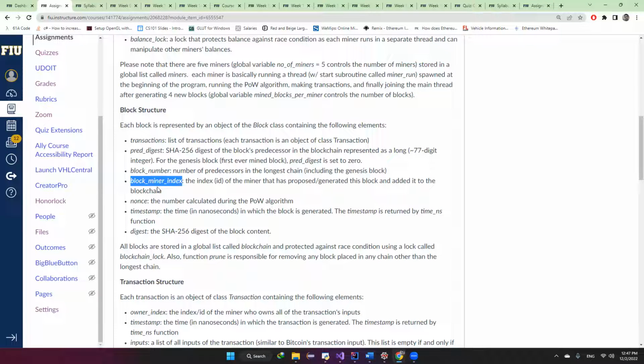Now we have block miner index, which is the index of the miner who has proposed or generated the block. That's the block who gets the 8 coin incentive. And then there's a nonce, which is the number that is calculated during the proof of work. You need to validate the nonce of every block once in a while to make sure no one has changed it. And to do this